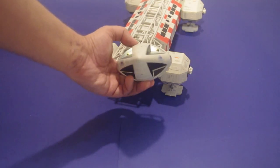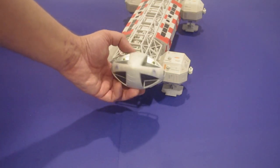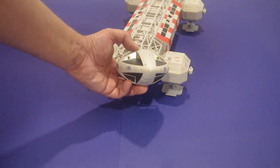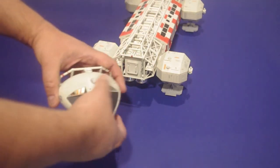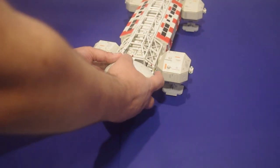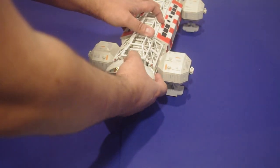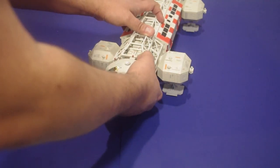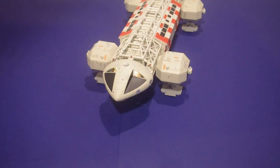There you go. Two pilots. I suppose it'd be Koenig and Alan Carter. I was pretty happy with how well the detail painting turned out. Initially, I was considering going with 2 AAA batteries to power everything. Well, I was a little concerned with how much weight that might produce, even with the strength of the magnets holding the nose on. So what I ended up doing was I got myself a